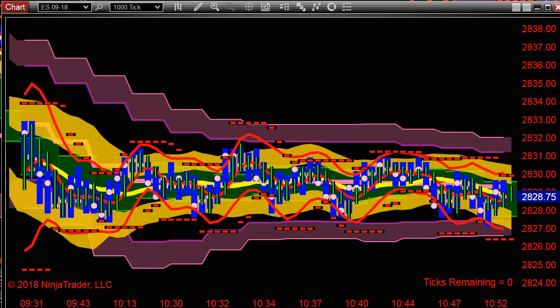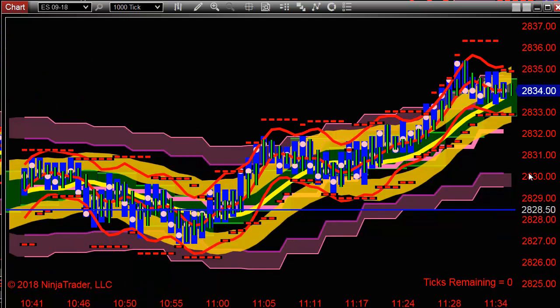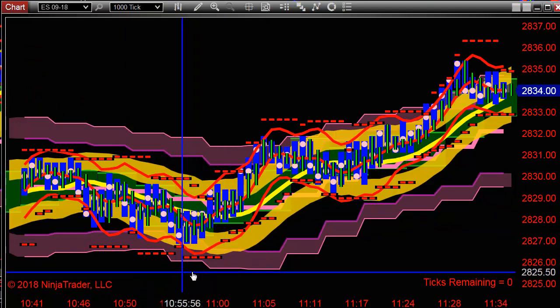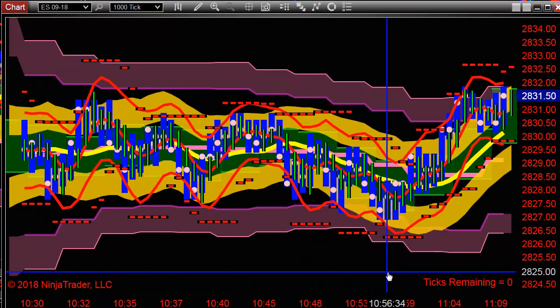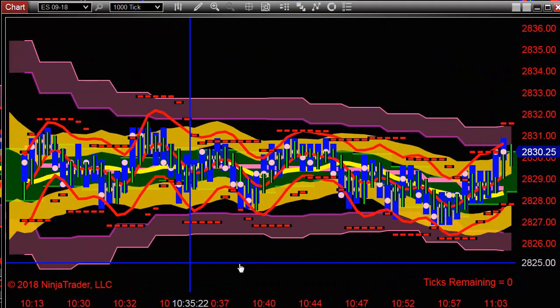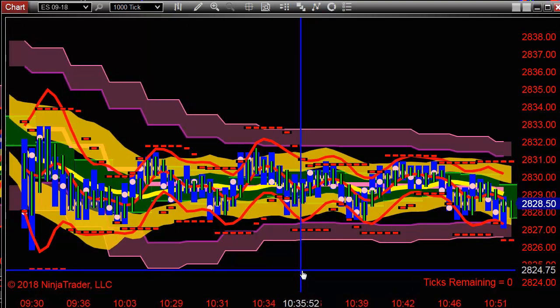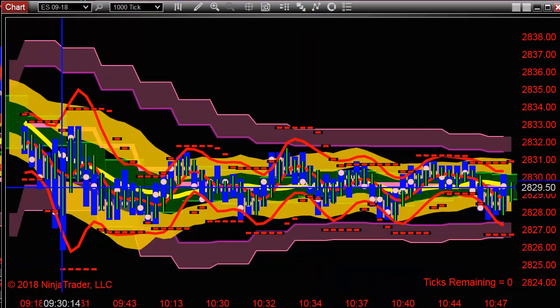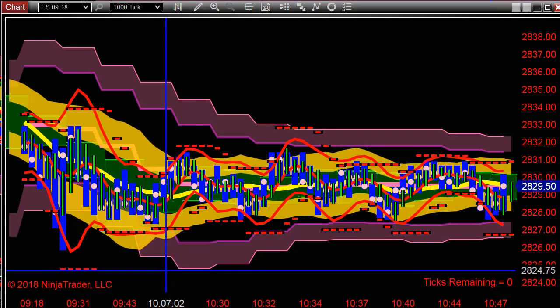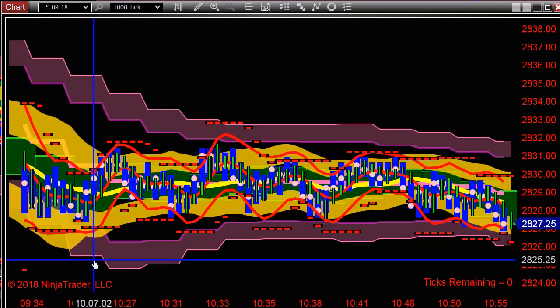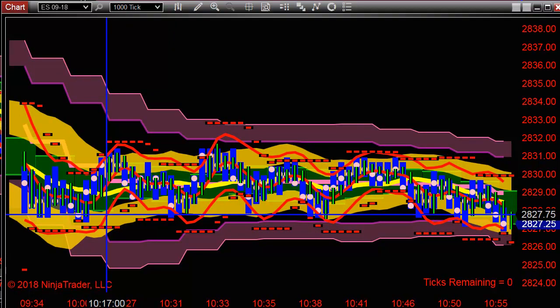Now we've moved the E-mini S&P E-mini to a 1,000 tick chart. What can be done? Some sort of report came out or something. When the market settles down on the mini, one could take an approach to